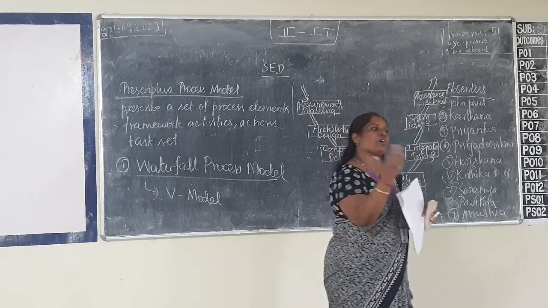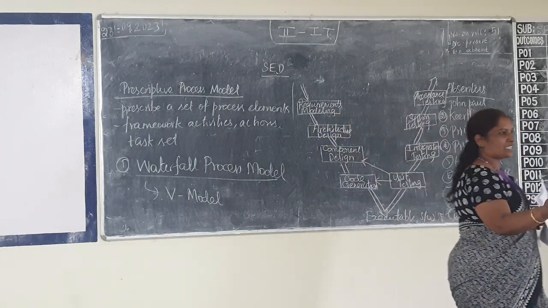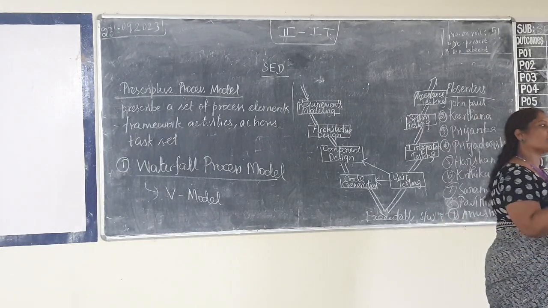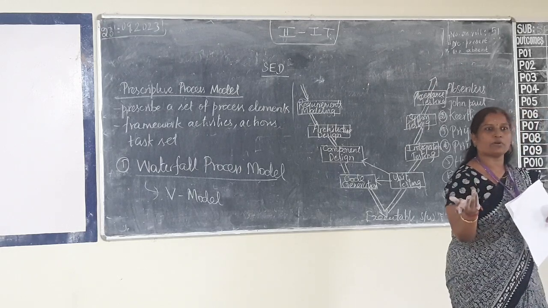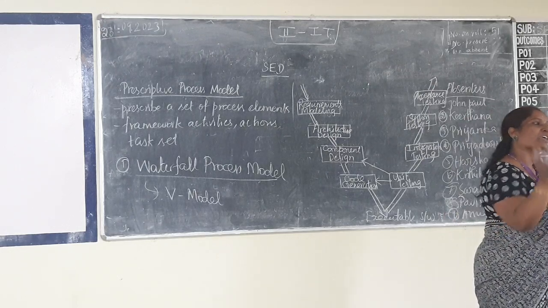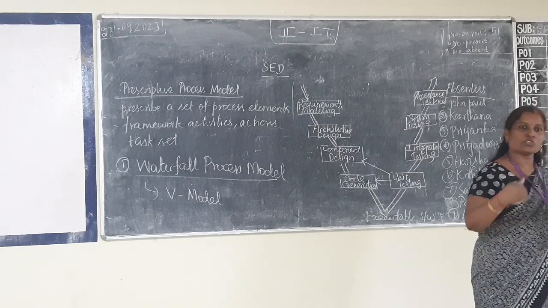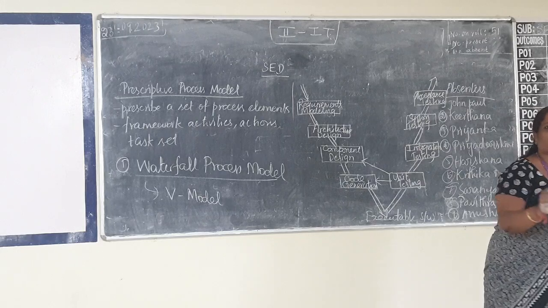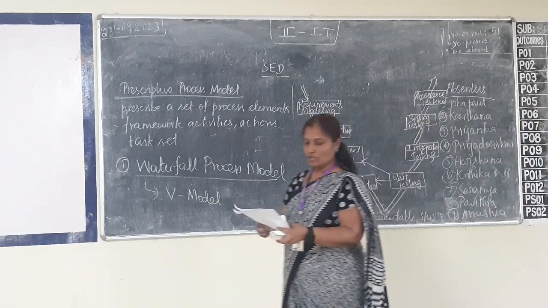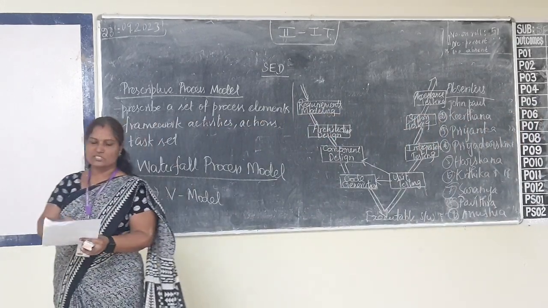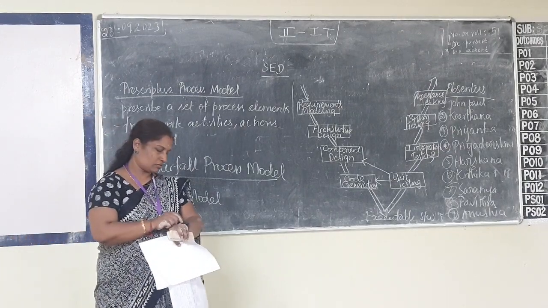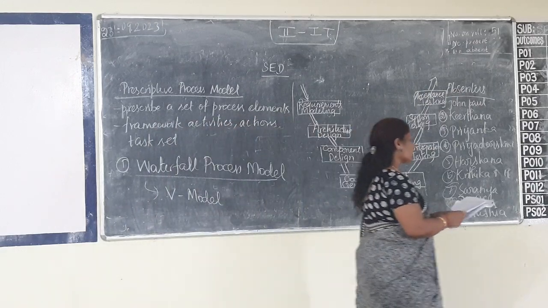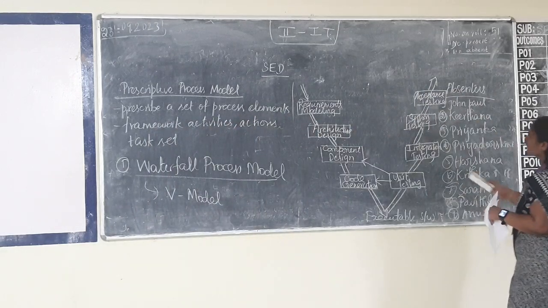Acceptance testing. Say you are asked to install WhatsApp. You install it, but even if you click it, you are not able to open it. It works fine on their end, but on your device you are not able to open it. That will be checked using acceptance testing. Clear? So we have discussed two process models. Now we move on to the third model, which is called the incremental process model.